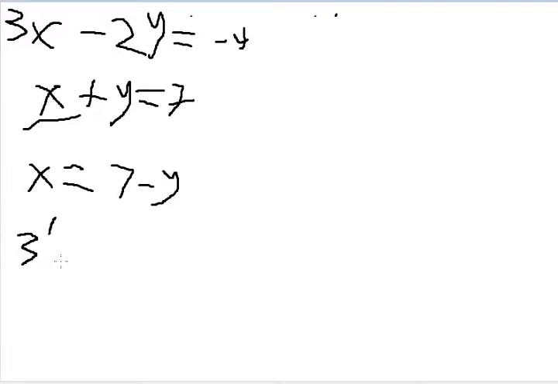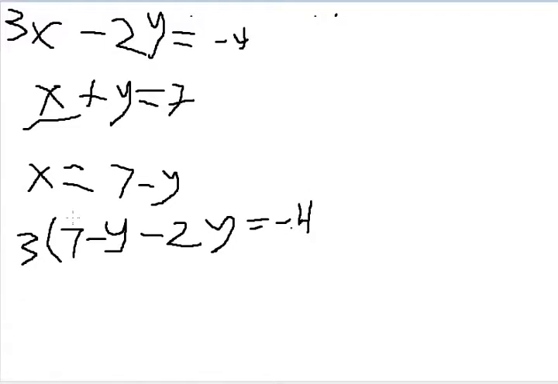So 3 bracket 7 minus y bracket, minus 2y equals -4. The first thing you need to do is expand, and you should know how to do this from grade 9. So, 3 times 7 is 21, so we don't need this 3 anymore. We can just do 21 minus